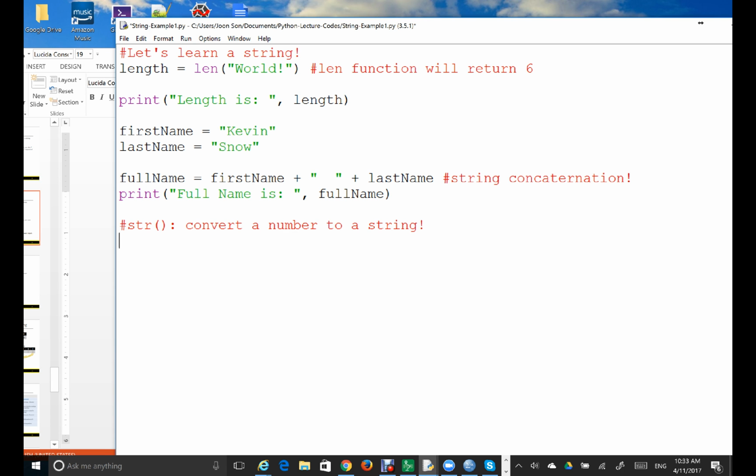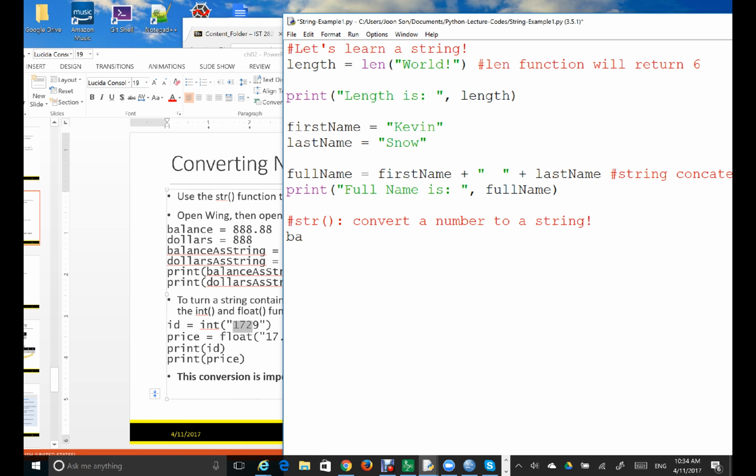So let's just follow this example. Let's say you have a balance, let's say 888. So this is a number, right? And if you want to convert this number to a string, then you can use a function called string. So let's say balance as balance, let's say